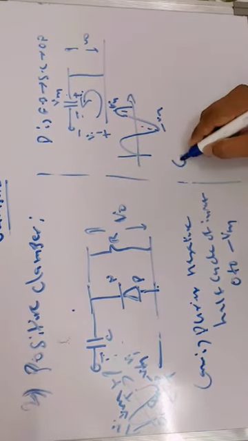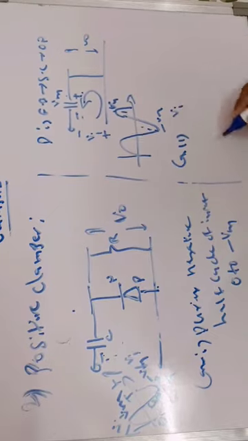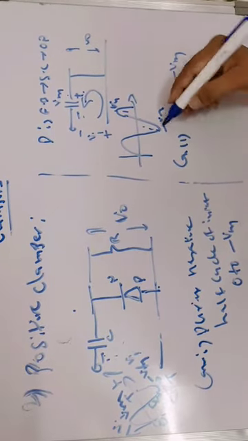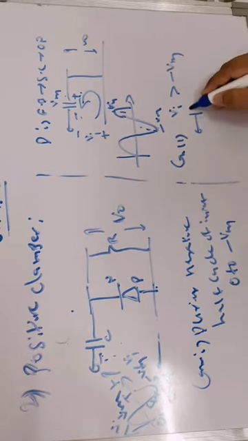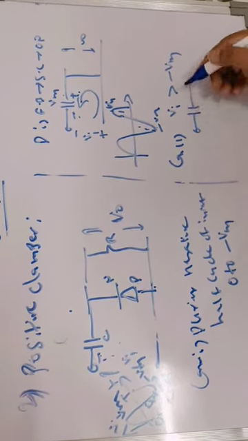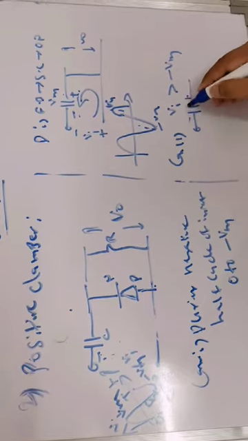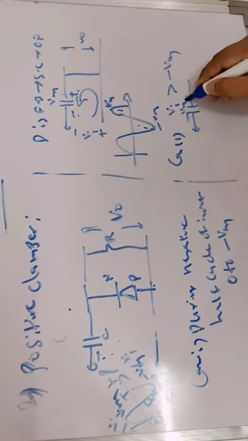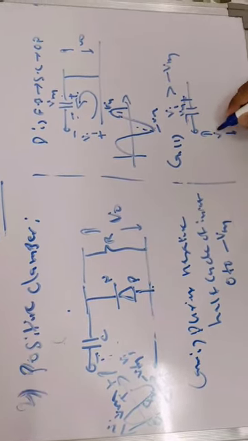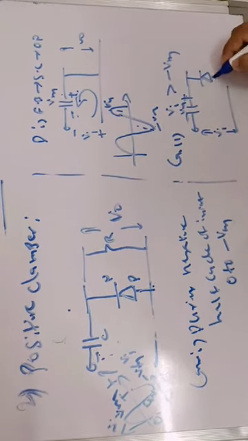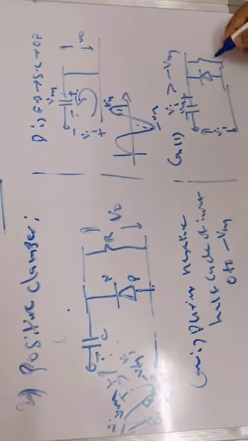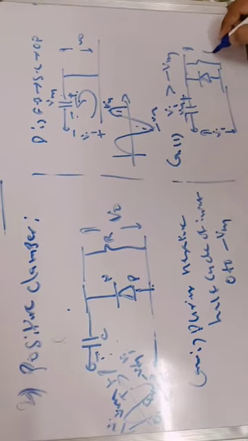In this case 2, when the input is greater than minus Vm, that is, it is increasing, what happens? See the circuit. This is with a capacitor already charged to the peak voltage, that is positive Vm, and we are applying an input voltage here. Now, what happens to this diode when the input is increased?